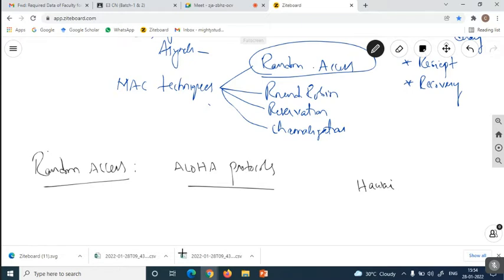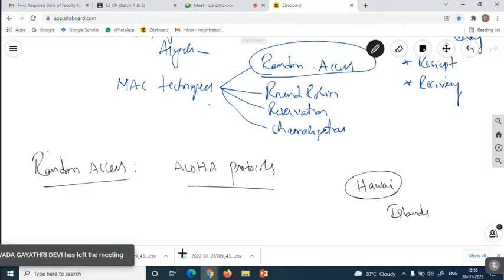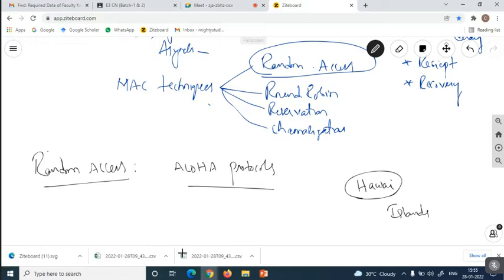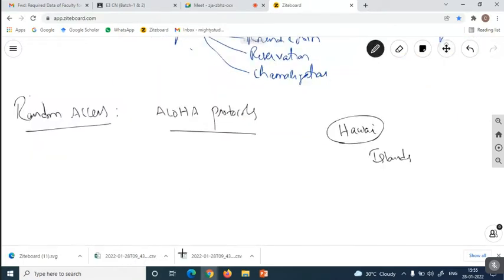The speciality of Hawaii University is that it is located on the islands. To communicate data, and as it is located near the islands, the university took the chance to build a centralized networking environment.